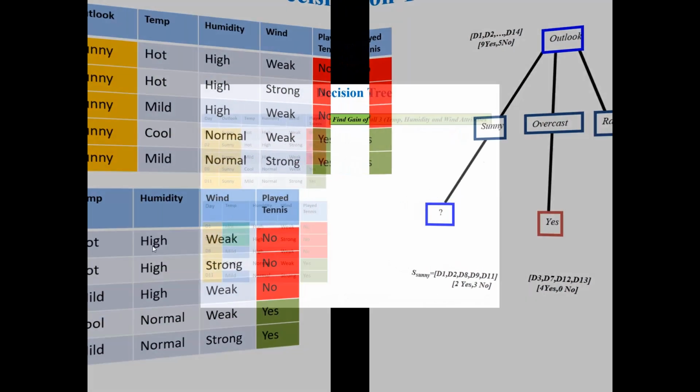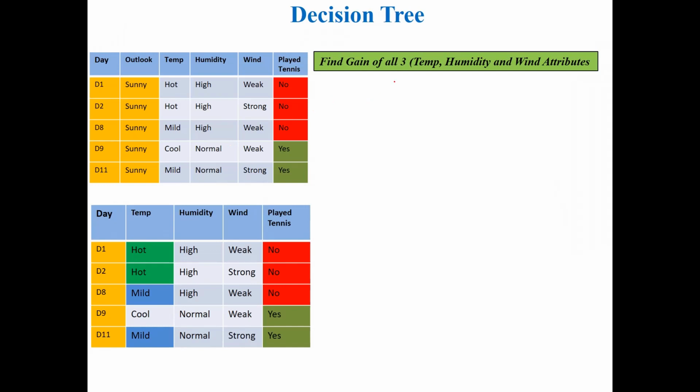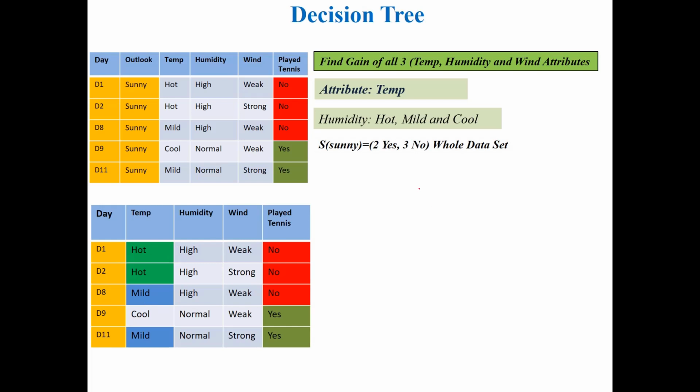Okay, so we will start again. Find the gain of all three: temp, humidity and wind attributes. Temp has got three values: hot, mild and cool. Now see, you have to take this carefully, that now our formula here is S